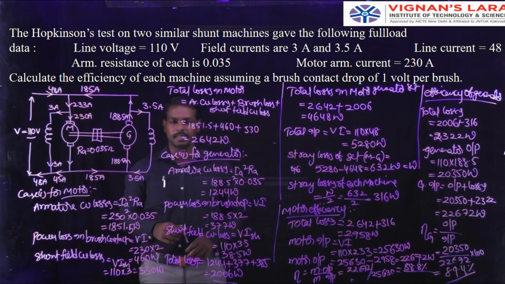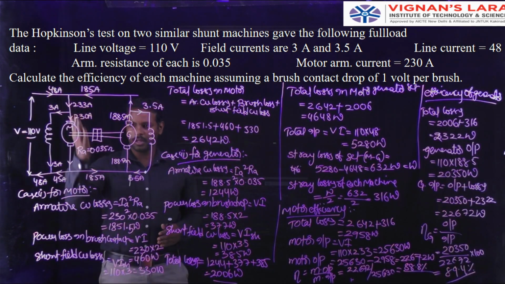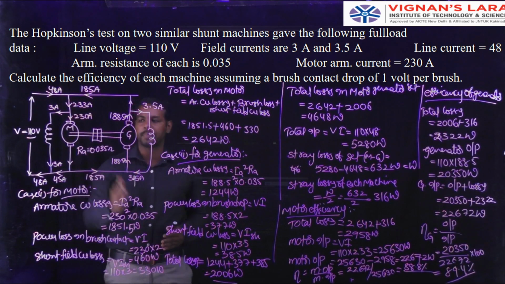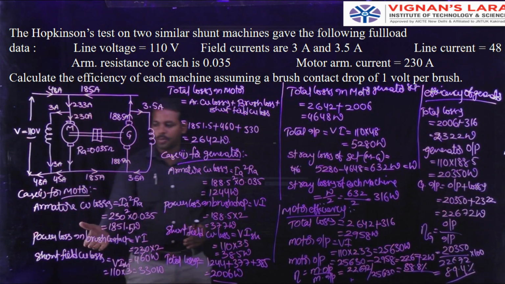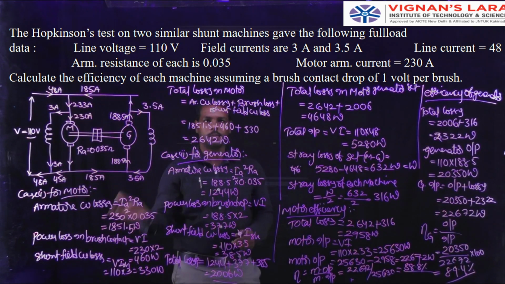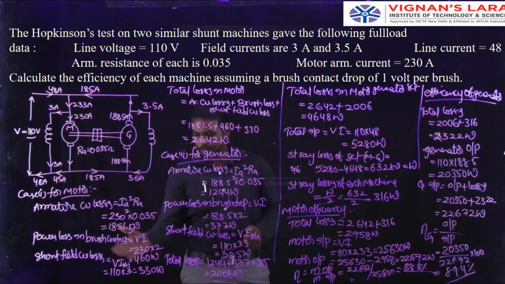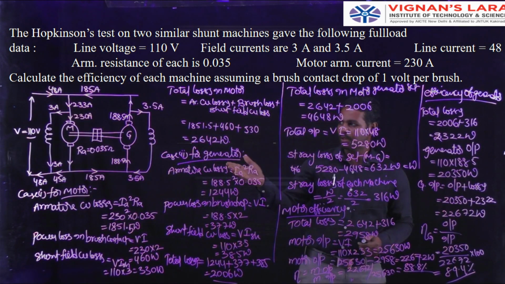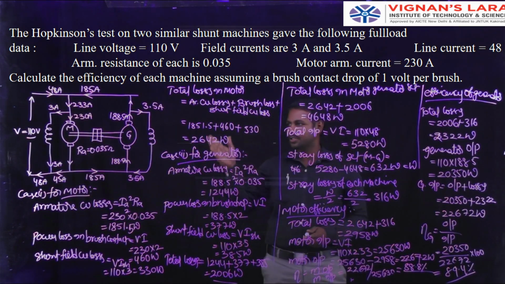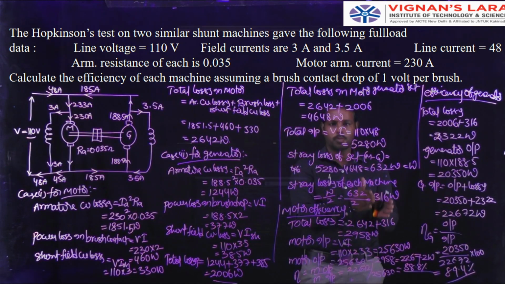So based on this procedure, we can find out the efficiency of a motor as well as a generator using Hopkinson's test. Based on the given data, we can represent all the parameters or currents in each and every path, and based on those paths we can find out the total loss in a motor as well as a generator. So these two parameters are to be calculated for the total loss of each machine. So by using the input, 110 into 48 amperes is drawn from the supply, and that much voltage and current is utilized to supply the losses in the generator as well as the motor.